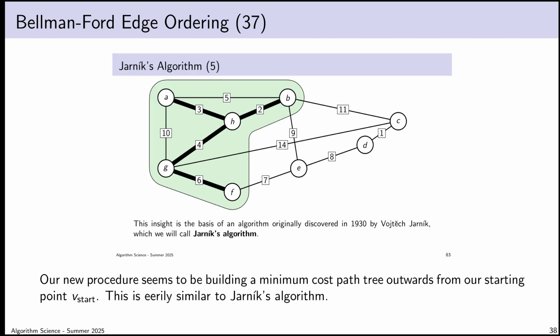So the procedure I've just outlined of starting at vertex A, our starting vertex, and slowly growing my tree outwards and locking in certain portions of my tree as I go until the locked-in portion encompasses the entire graph, that is eerily similar to Jarnik's algorithm for minimum weight spanning trees. And I observed at the beginning that there are some superficial similarities between the minimum weight spanning tree problem and this one, so I suppose it can't be too surprising that this looks like Jarnik's algorithm.